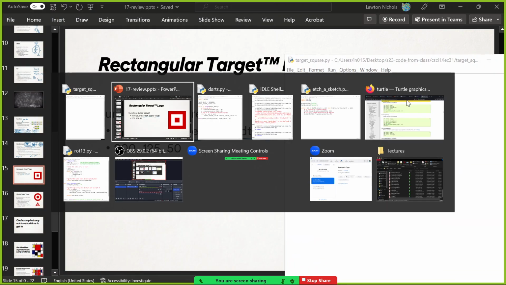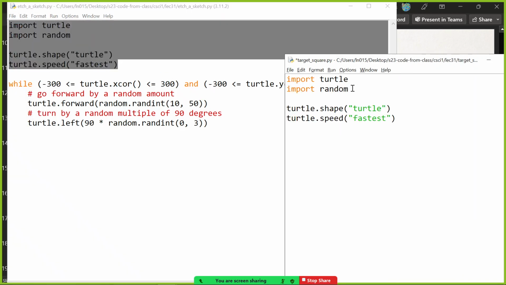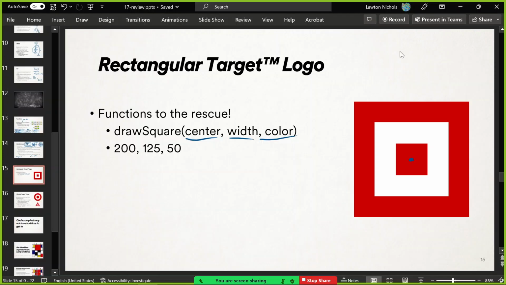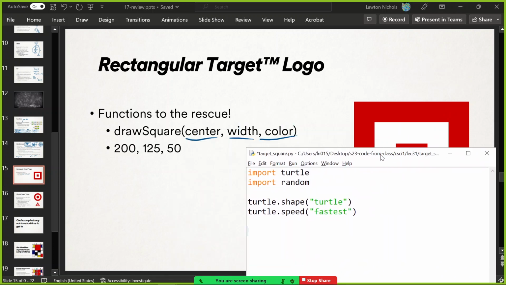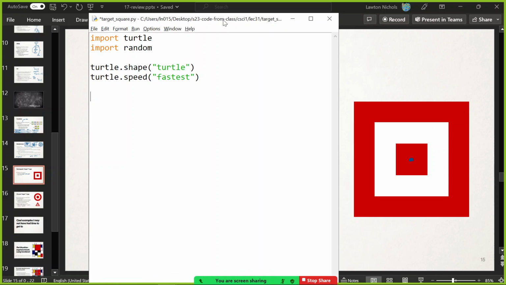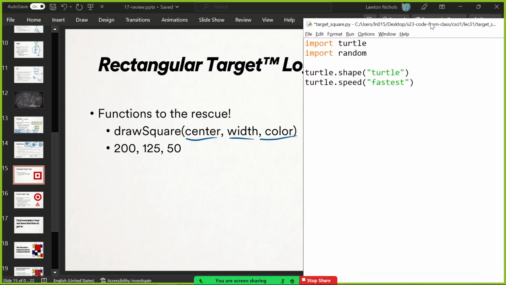Let's see. So let me steal some of my Etch-a-Sketch stuff. Import all this. I guess I don't need random, but who cares? I'll keep these things. And then we want to make a draw square function. And like we want to draw a target logo like this. So here's how I want to use my draw square function. That takes a center, a width, and a color.